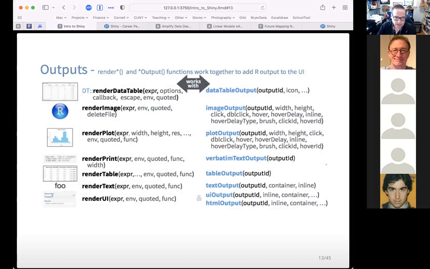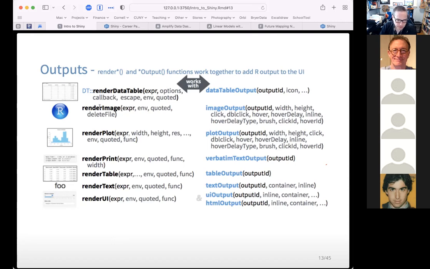All right, so here is a figure that maps the different outputs. We have data table outputs. These are really nice because they are a way that the user can view and manipulate the data. These are actually in a package called DT that I think gets attached automatically when you load Shiny. So if you're going to render a data table on the server side, on the left side you can think of the function you're going to call in the server.R script file, and what's on the right-hand side is the function you're going to use to display that output in the UI.R